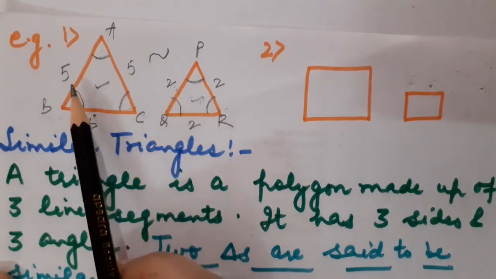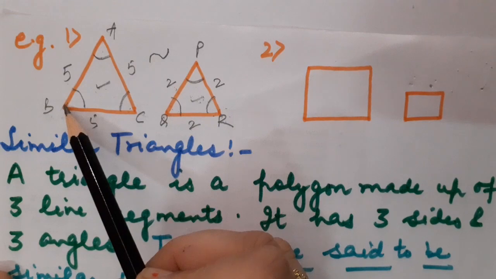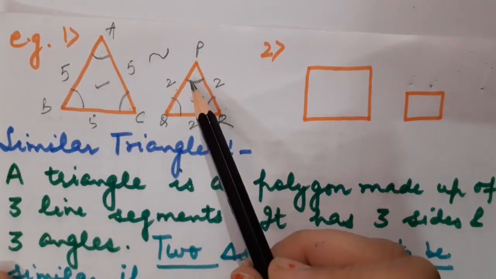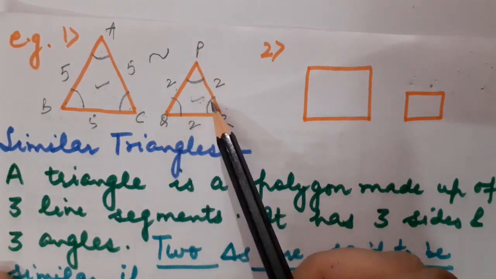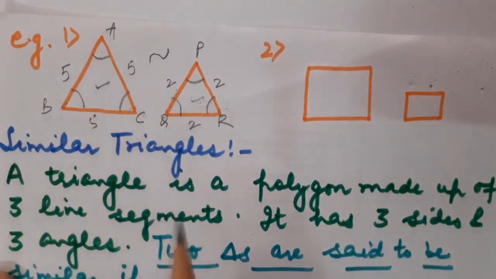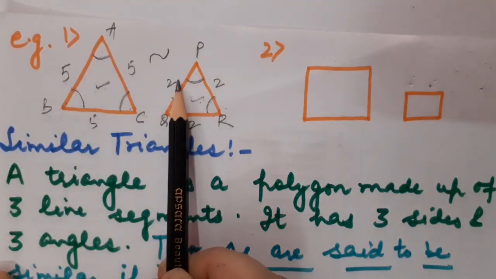That the length of the sides must be equal. The length of each and every side of the first triangle must be equal to the length of each and every corresponding side of the other triangle. Here we are not going to deal with the length of the side of the triangle. Here we will be dealing with the ratio, which must be equal.